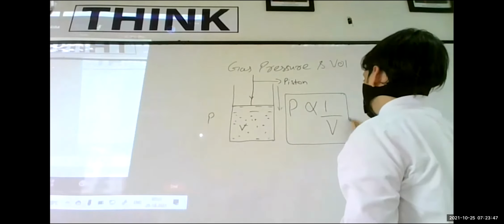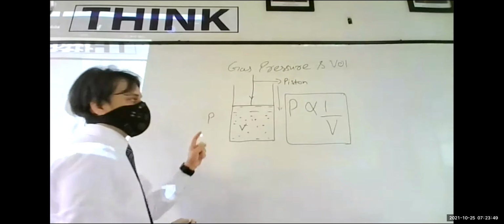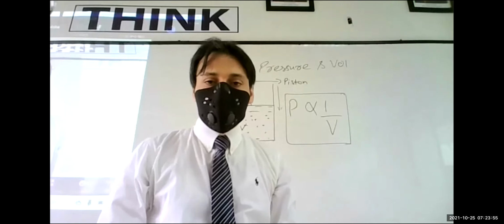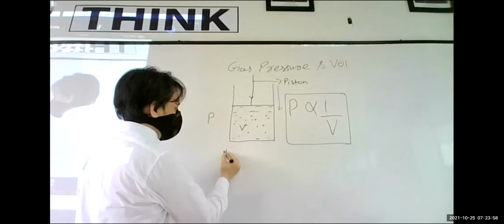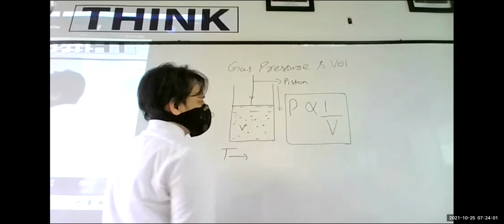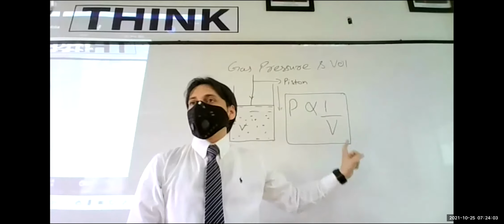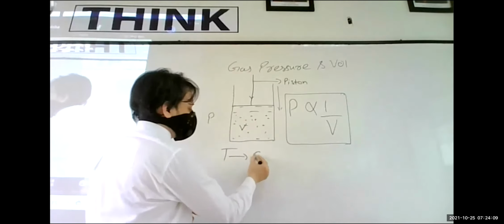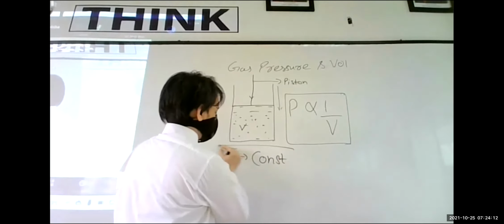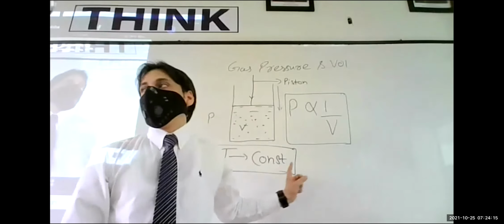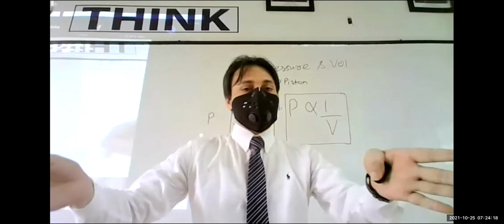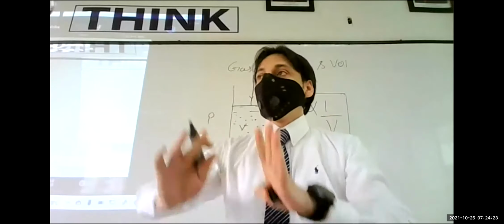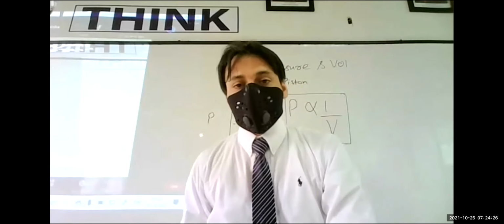But remember, children, when we are doing this experiment, you need to maintain the temperature constant. You have to write here this equation. This equation is valid: P is inversely proportional to volume. This is applicable only if we maintain the temperature constant. This temperature should be constant. For example, if I keep this setup here in our classroom, we have to maintain the temperature constant while we are performing this experiment, children.